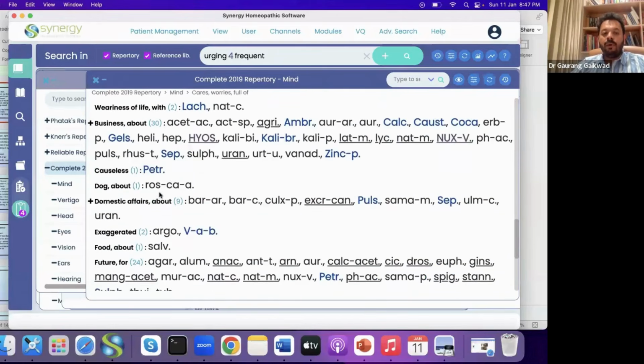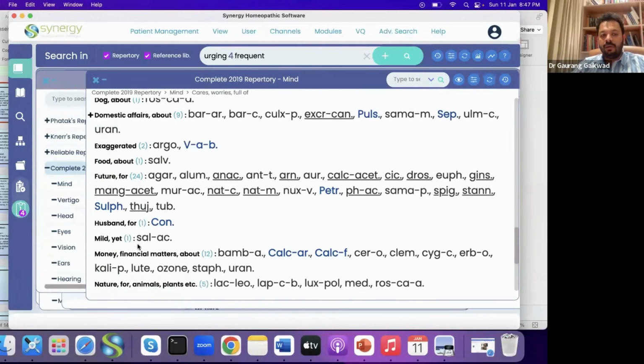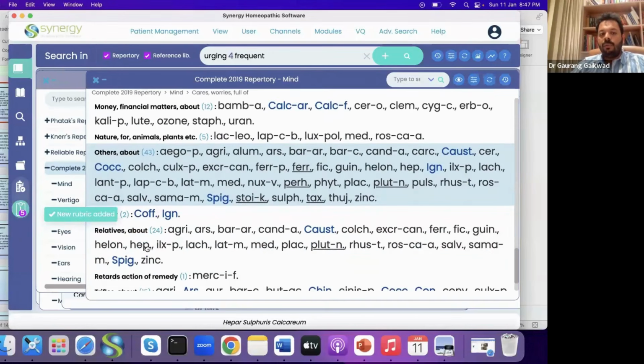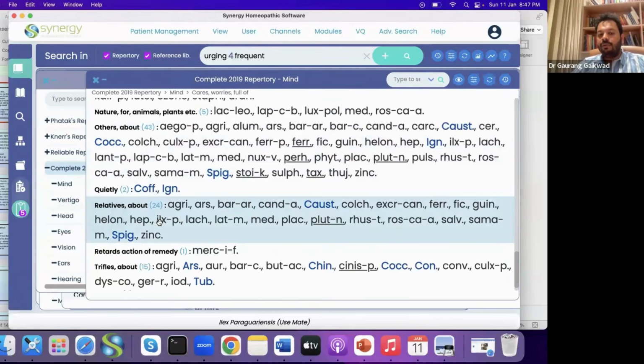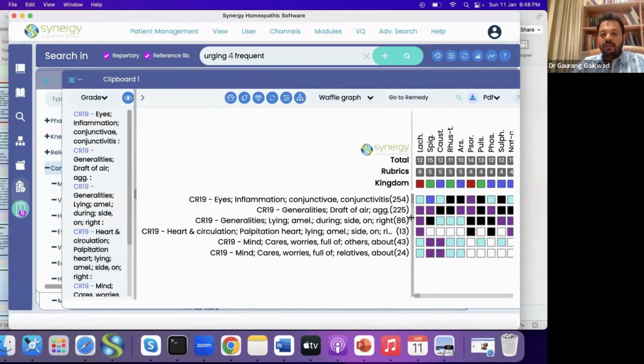Yes, cares full of about family or about others. The cares full of about others, you can see here, and cares full of about relatives. Okay, I hope you can see this. So when I now look at this entire story here again, there are, I hope you can see here,